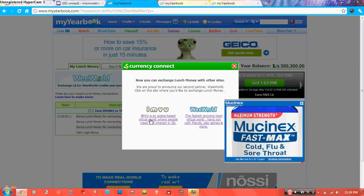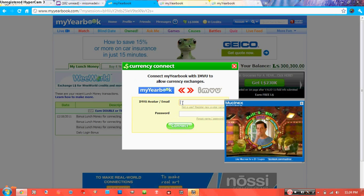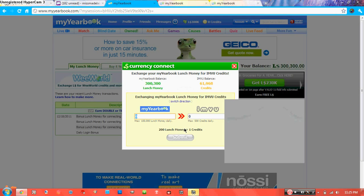When it opens, it's going to look like this. And you're going to want to click the side that says IMVU on it. Okay? So after you click that, sign in. Sign in all the way. Click connect both times. And after you get through, you'll see this page where it has the bars, and then